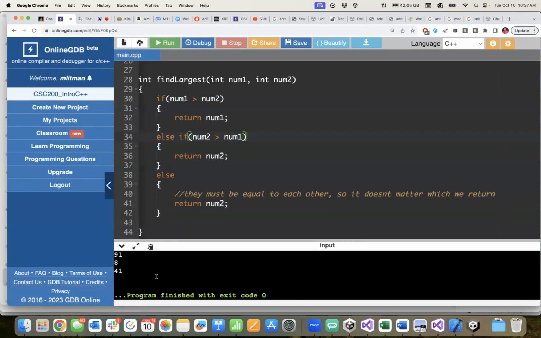So there's your same answers, the 91, 8, and 41. All right. So technically, I took a little shortcut here because in class, when we looked at if statements, I said you should always use opening and closing curly braces. It's never wrong to use the opening and closing curly braces. Well, technically here, I have an else followed by another if. So what I really should have here is